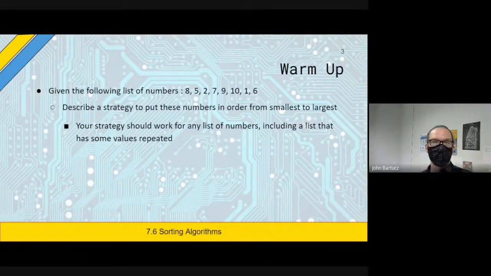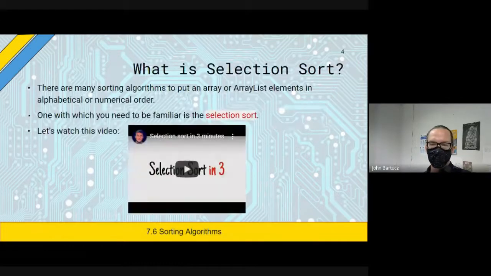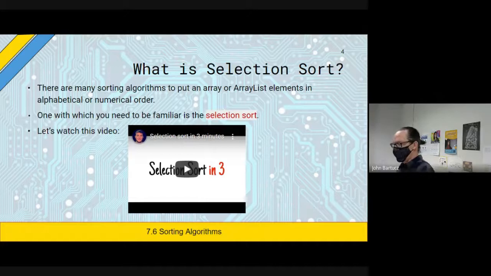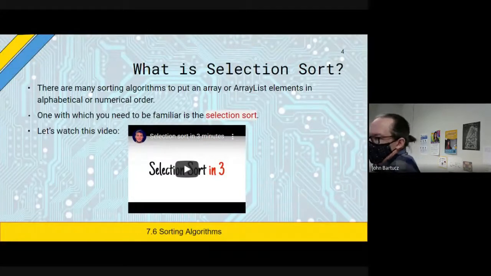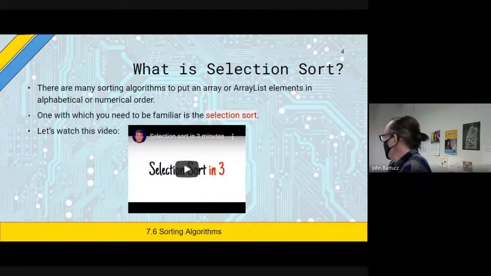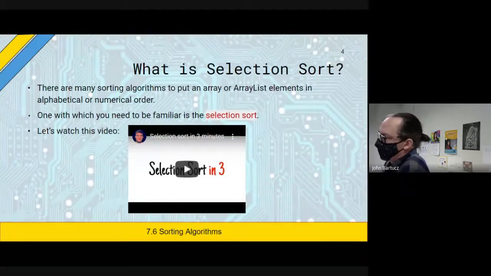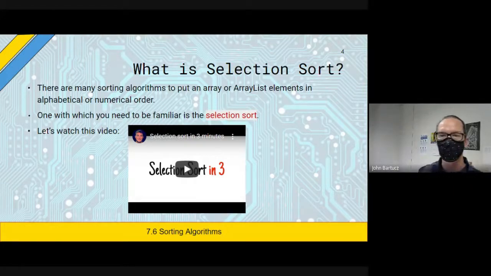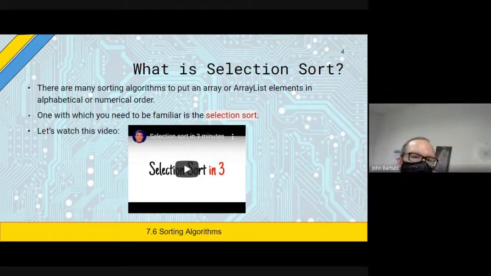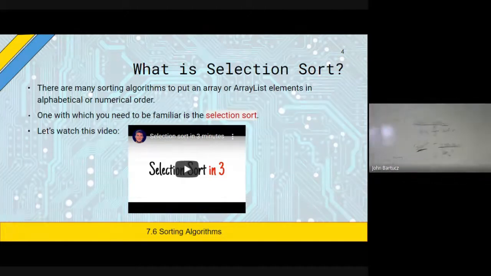All right, so I'm actually going to go through this a little bit more quickly. If you were sorting a deck of cards, you would use something very much like selection sort. You would probably go through your deck of cards looking for the smallest one first and put that in the first position. So unfortunately, the way computers work is it is much more efficient